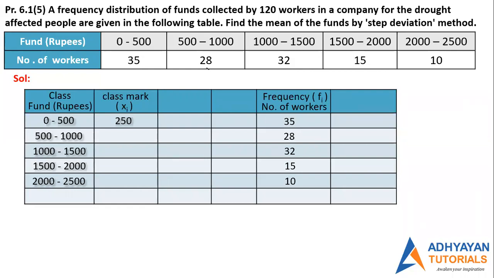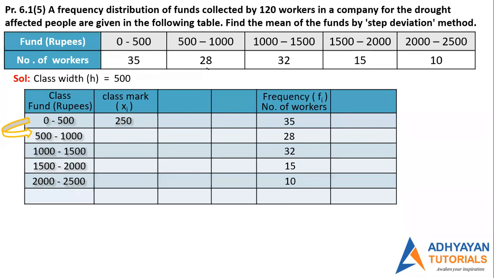Devansh, how do I find out the class mark of the next classes? Plus 500, 750. Okay, now listen to me. What Devansh is saying is perfect. First, we will find out the class width. How do we find class width, Devansh? We subtract the lower limits of two consecutive classes, 0 and 500. 500 minus 0 is the class width. Now, once you find the class width, you just keep on adding 500.